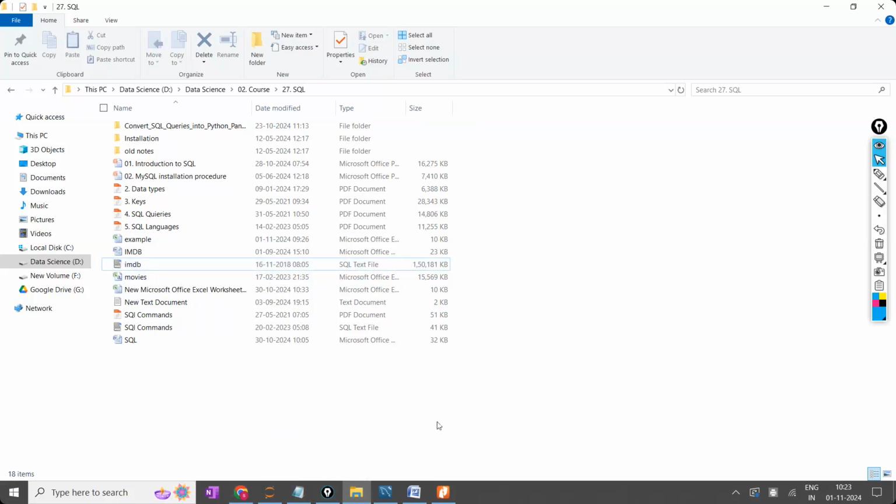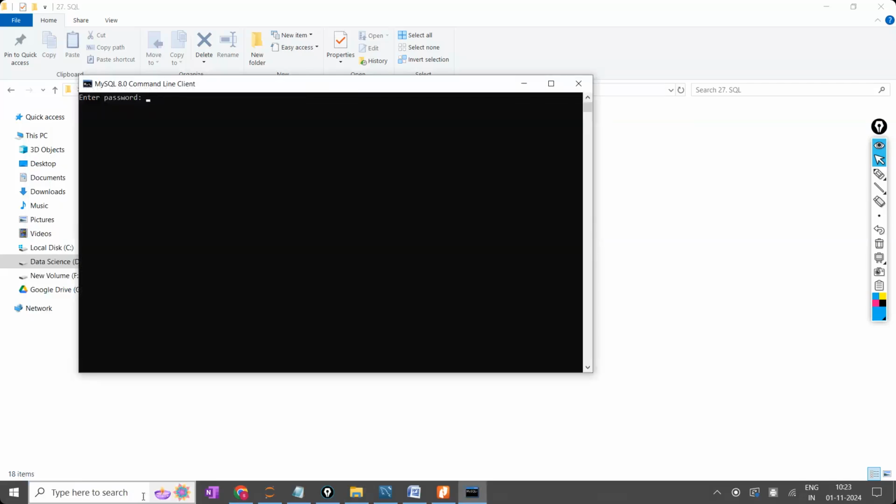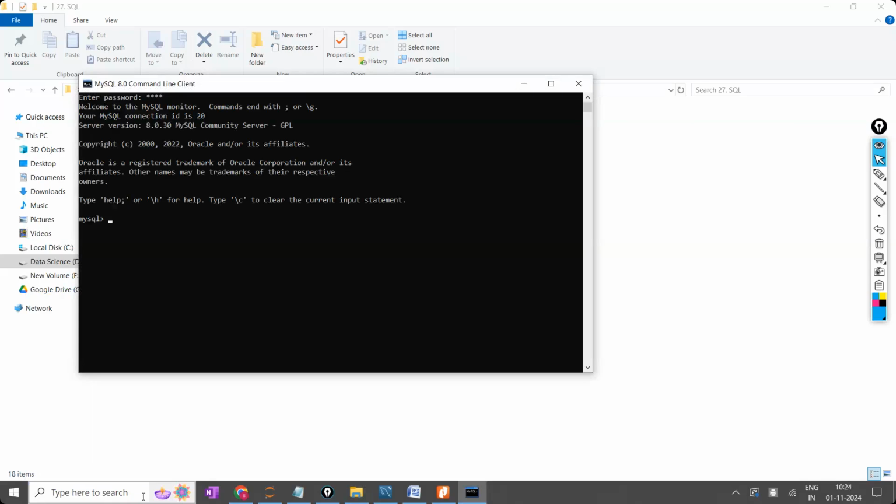Now how to add this IMDb? First you have to open the MySQL command line client, only command line client, not workbench. Step 1, write in the notes: open the MySQL command line client. Step 1. And enter your password. After entering the password,